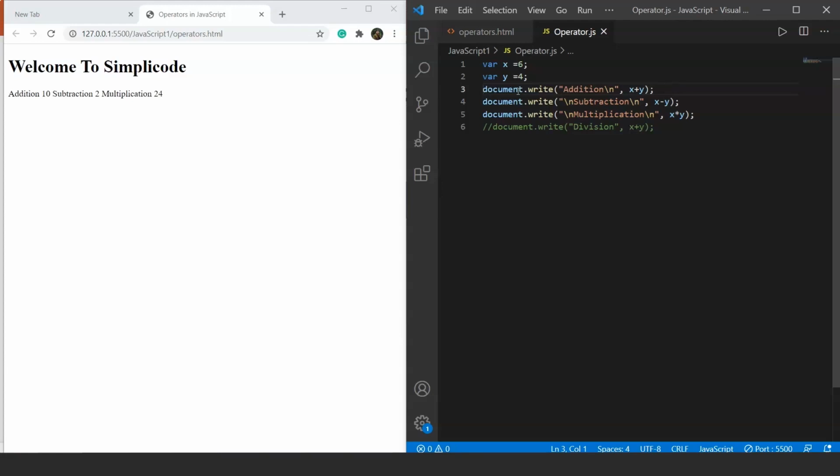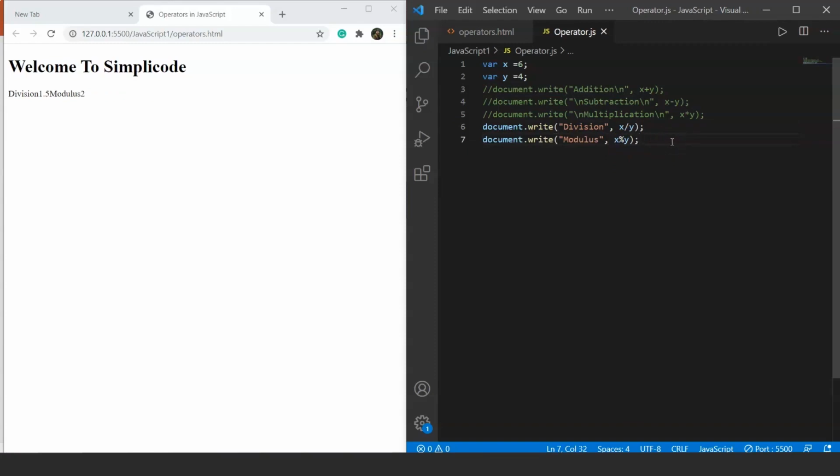For division, I have left division because I hope you guys know the difference between division and the modulus operator. Let's try to use the modulus operator along with the division. So what we'll do, we'll comment these 3 and let's remove it from here, and what we'll do, we'll paste this here and we'll use the modulus here. So now let's check the output, what it says for division and modulus. See, we have divided 6 by 4. Division, it says it's 1.5.